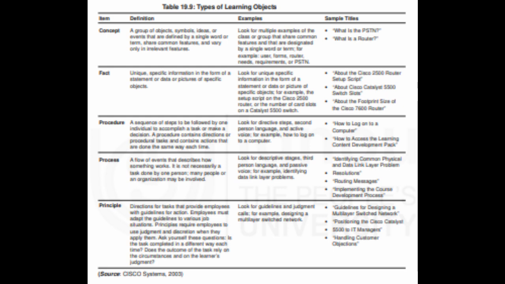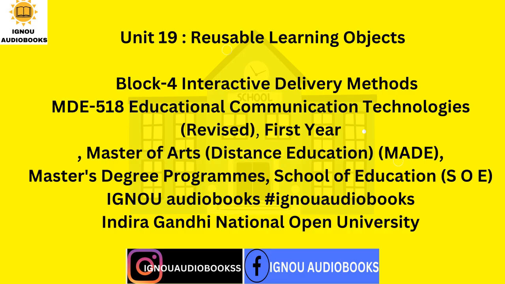While the instructional system design model is applicable to development of learning objects, we also should develop these considering the type applicable to different subject areas. There are 5 types of learning objects: concept, fact, procedure, process, and principle. We hope the discussion in this unit would give you an overview of the world of learning objects, as we have not gone into the practical aspects of developing standard compliant learning objects.